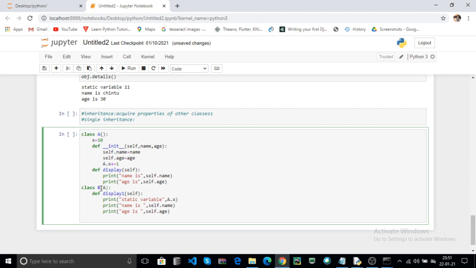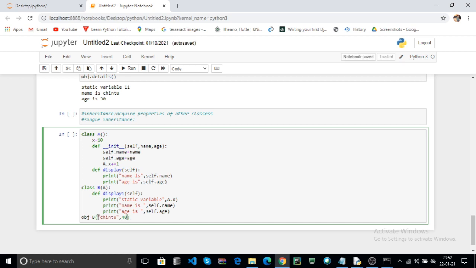You can use the child class object to access any method, any variable in the parent class, and the child class can access your parent class data. Here I create the object for your child class. Here you can pass the parameters. Required parameters are 2, because the parent class contains the constructor. Name and age are the required parameters. Now pass, for example, Chintu is the name and age is 40.